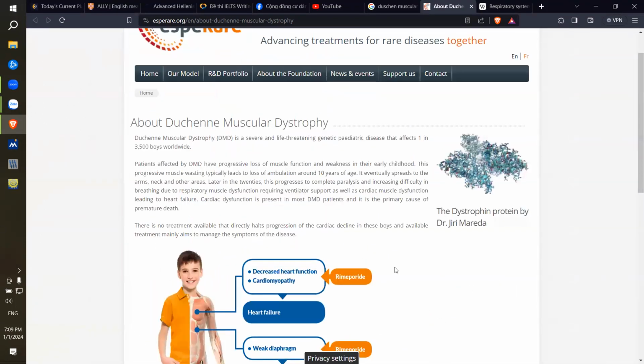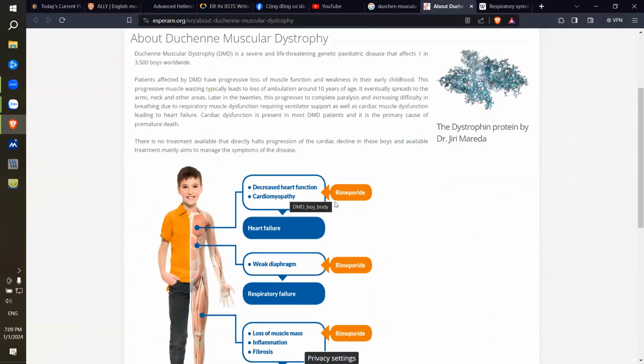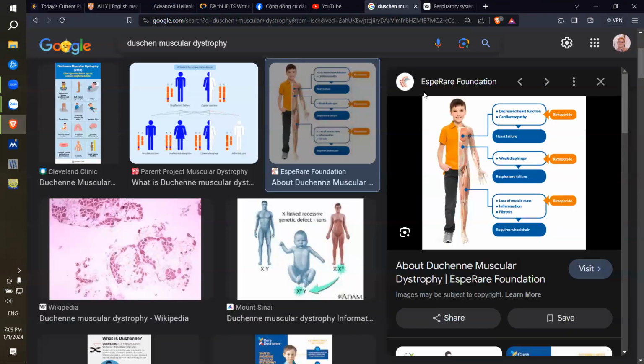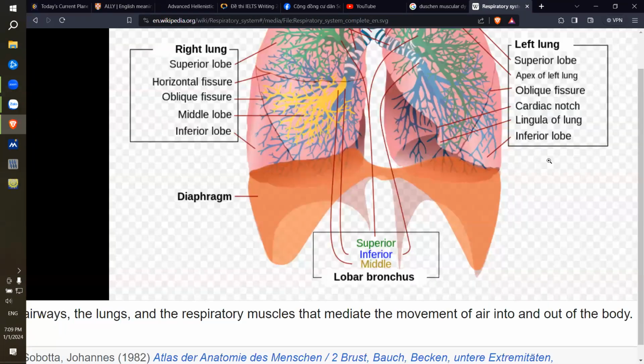And I think they have found a drug against it. Advanced treatment for rare diseases. I think they have found a drug against this one already. I'm not so sure, but it is a genetic disease. You will surely learn about it, okay? Okay, what else then?